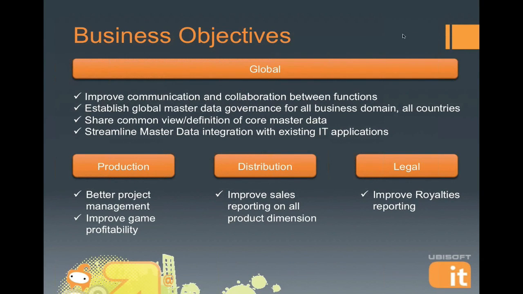Probably the longest part of the project for us was just getting a definition. Many people had a different concept of what franchise meant. Many people have different definitions of royalties, and that traverses through all of the elements and the data that I mentioned before. So it was just getting very good definitions of terms. And when you're dealing with a multi-language environment too, that can be very challenging. So the human side, or the sociology, of implementing this is incredibly important, certainly something that most of you have probably heard.